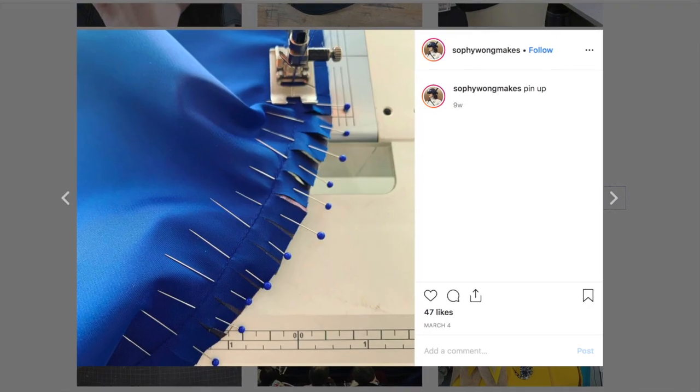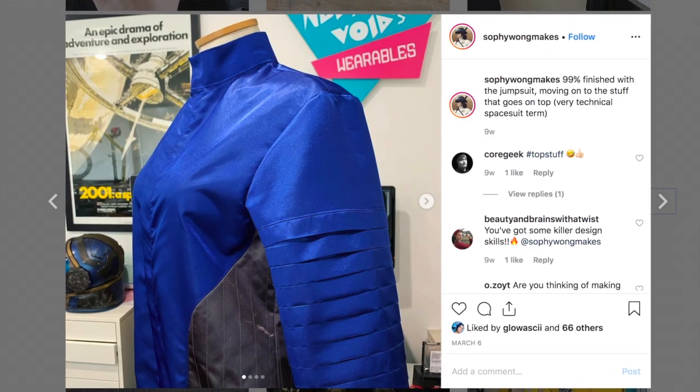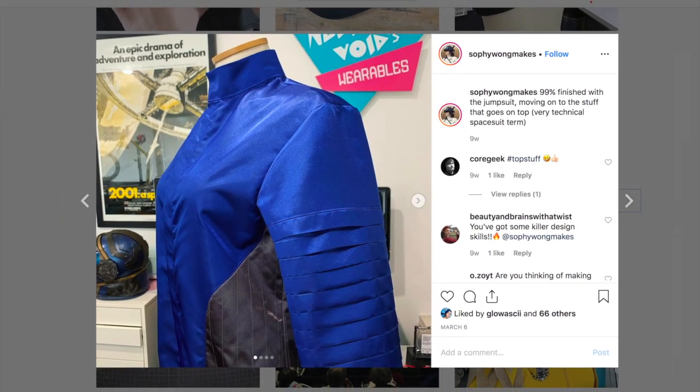Speaking of your background, so you use laser cutting, you use this foam cutting, you do painting, you do sewing, like you sewed this entire spacesuit yourself. So how did you learn all of this? How do you train yourself? Well, it's been a long journey. My actual school background is I've trained in graphic design. So I studied